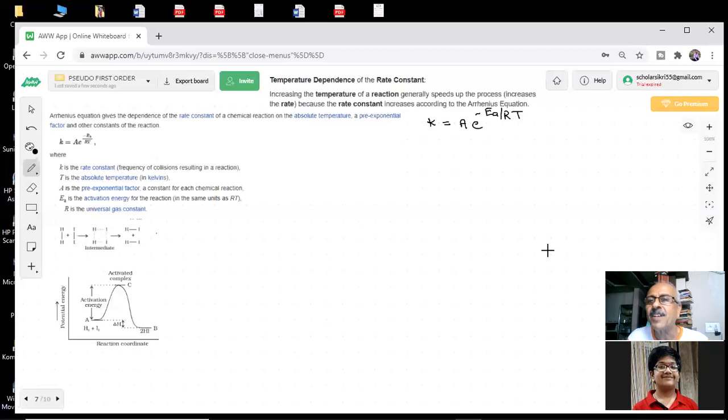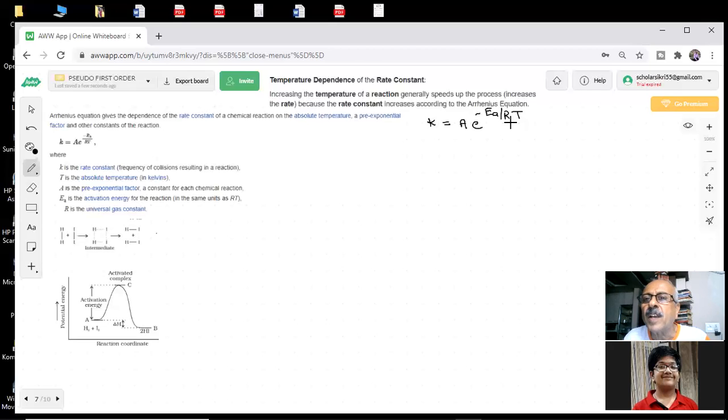EA is the activation energy. You are so familiar with this, but we will tell you what is the basis of activation energy also. And R is your big gas constant. It is coming in a whole large number of formulas. You can say PV is equal to nRT. You started with that and then R is coming everywhere. Such an important quantity that we will have to remember the values of R.